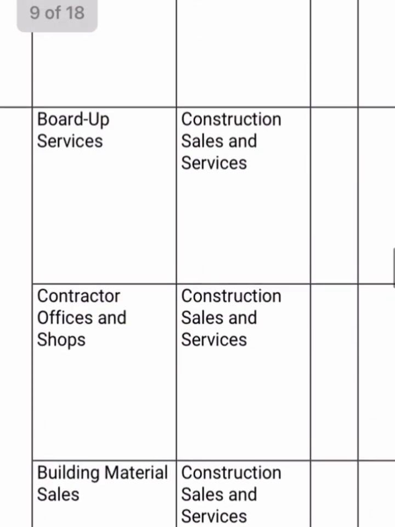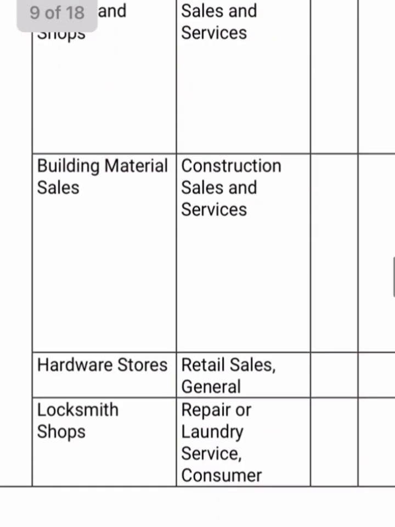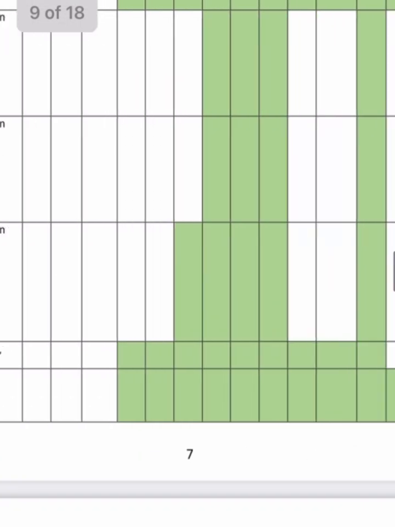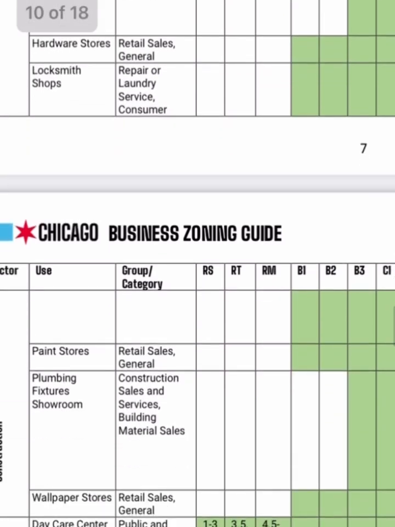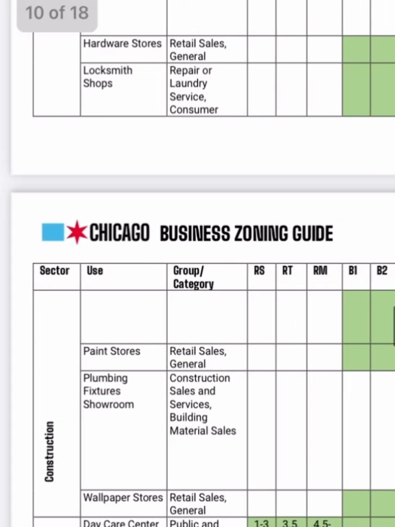Building material sales, board-up services, that's like stacks of plywood and things. It seems like those should be allowed more places as well. People need those things in their homes. Hardware stores and locksmith shops, those are where you're specifically going when you're locked out of your house or when you need something for your house. Those should be allowed to be near your home. Obviously, if it's a really big one, I get it. You don't want it to be in a residential area, but we're talking about scale and size, and that's what the zoning guide should be about. It should be about how big something is, how much space you take, how high you stack things, how many customers you have, not just arbitrarily the name of it leading to the restriction.